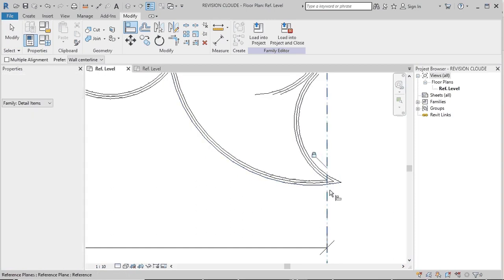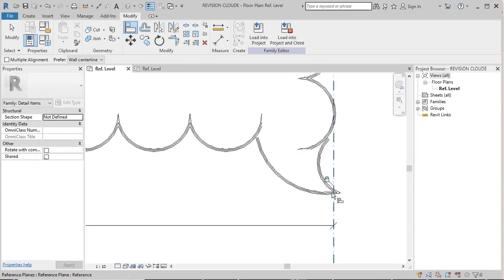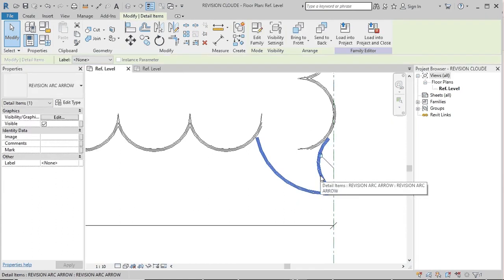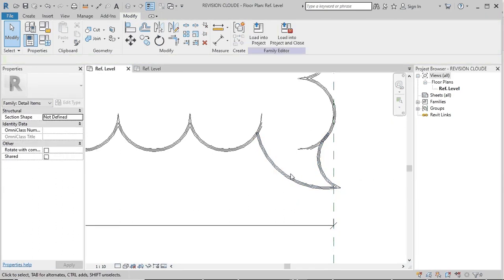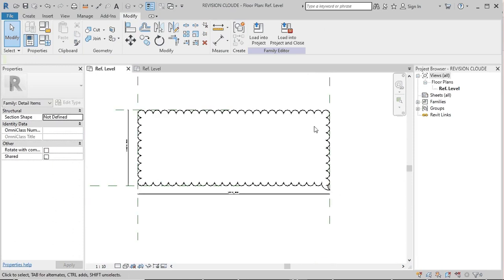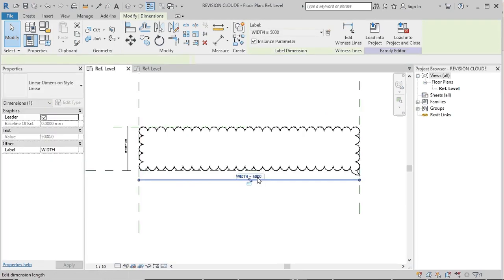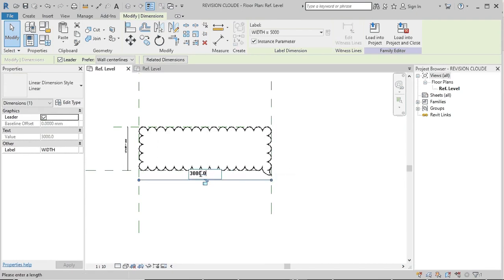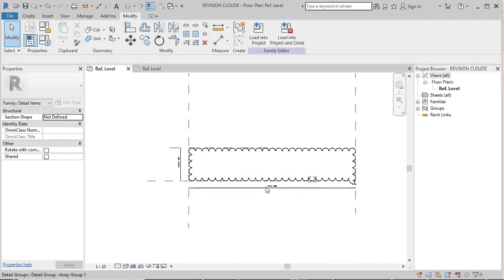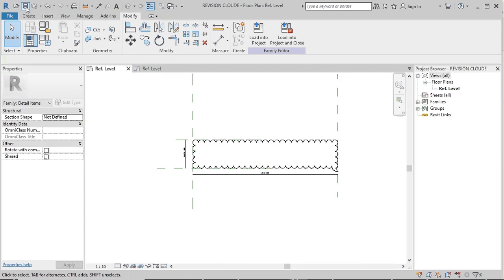Align and lock. Now I can adjust it. The revision cloud is ready. You can adjust the value, distance and width, and it is properly reducing and properly increasing.